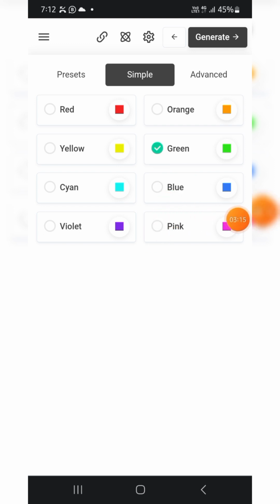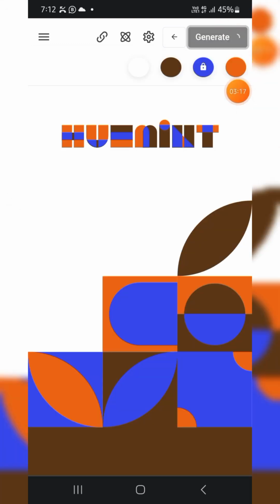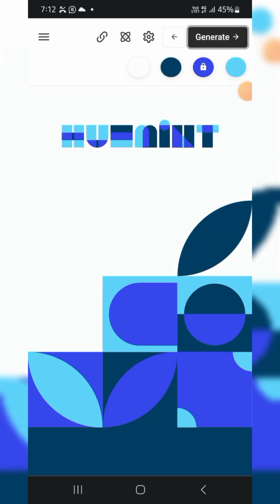I select green, then I move here and hit generate. So these are good colors that will be able to work well with green. So I have to unlock this one. These are cool colors that will be able to work well with our